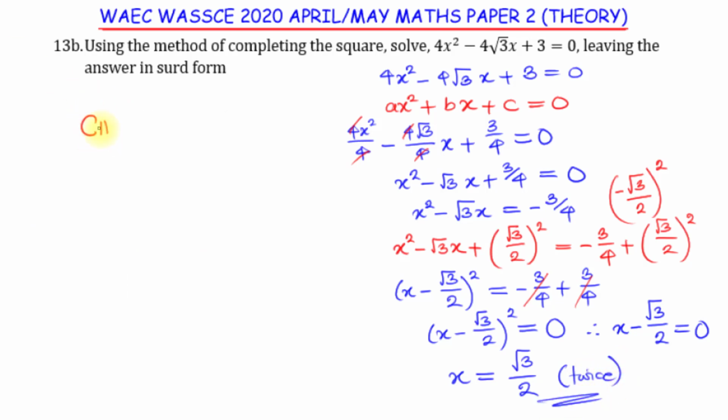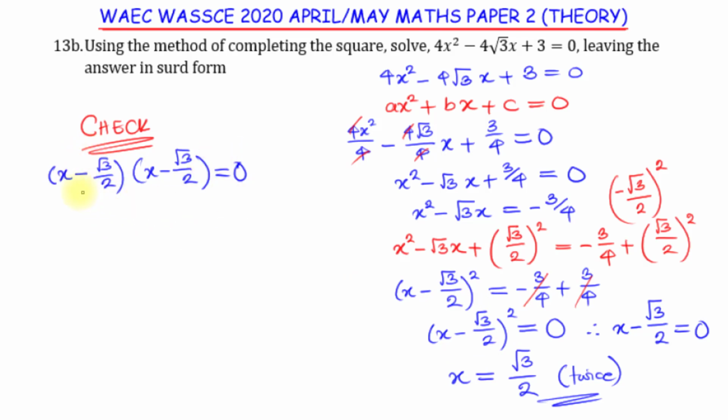So you may want to check if all that we worked is actually the correct thing. Here we are saying that x is equal to root 3 over 2 twice, meaning we have x minus root 3 over 2 and x minus root 3 over 2 as the two factors, like we are coming from here. Okay, so of course this is also the expression of this. This is x minus root 3 over 2 raised to power 2 and is reflecting here.